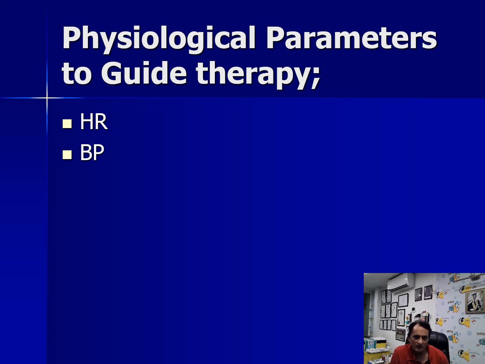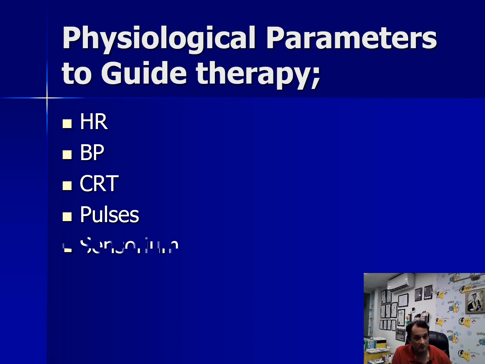We discussed before, heart rate is important, especially if they are tachycardic to begin with and now tachycardia is improving. That means your shock is improving. Blood pressure is important, but the most important thing in the blood pressure is your pulse pressure. And by just looking at the arterial wave, you can see how good your cardiac output is, because area under the curve is your stroke volume. Capillary refill time is important, temperature gap is important, pulses are very important, sensorium is very important, especially if your patient is improving, urine output, as we discussed before,